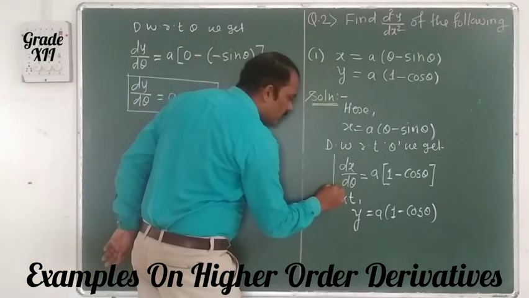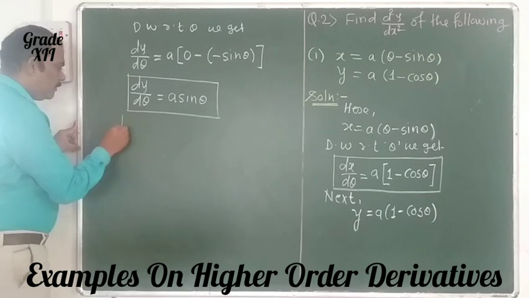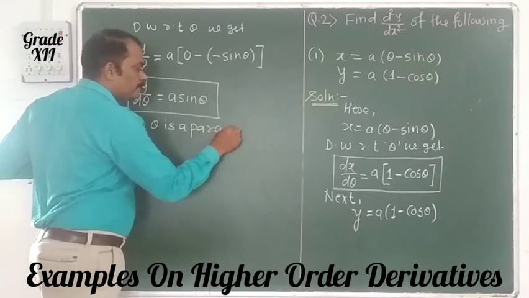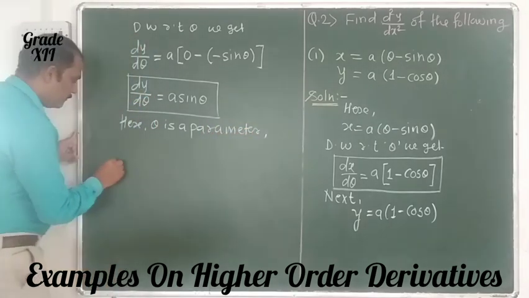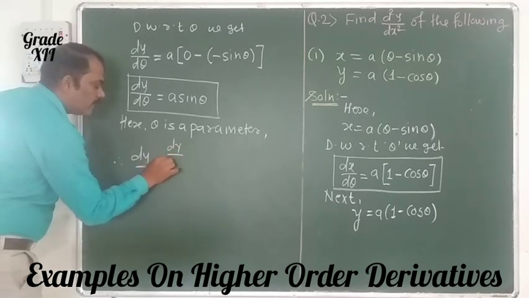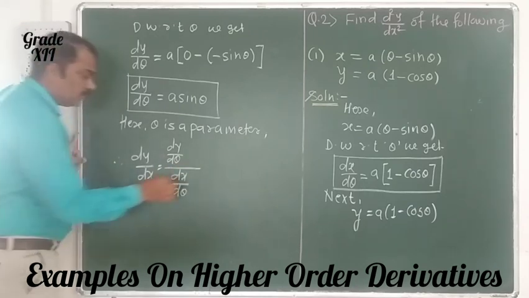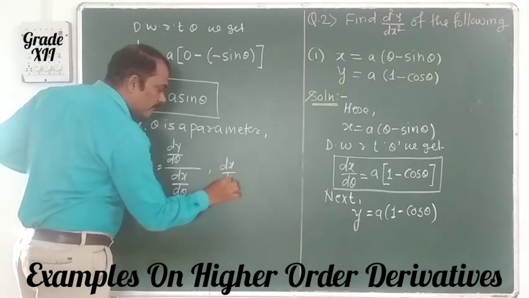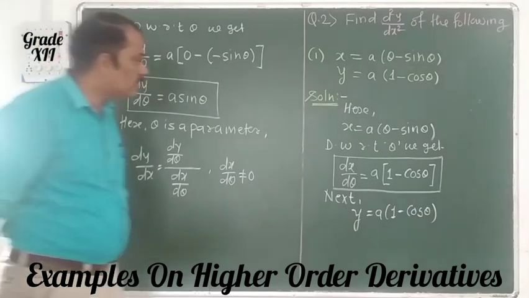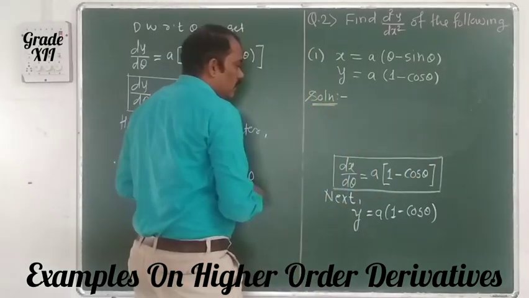Here we have already found the dx by d theta. Here theta is a parameter. Therefore, dy by dx is equal to dy by d theta divided by dx by d theta, with the condition that dx by d theta is not equal to 0. We have to substitute the corresponding values, so that we get dy by dx